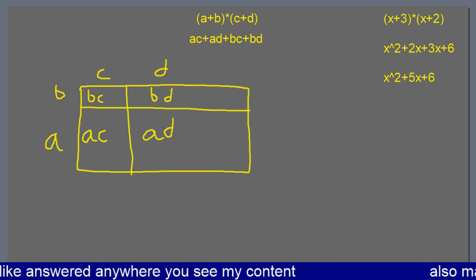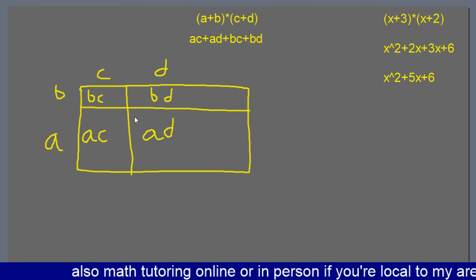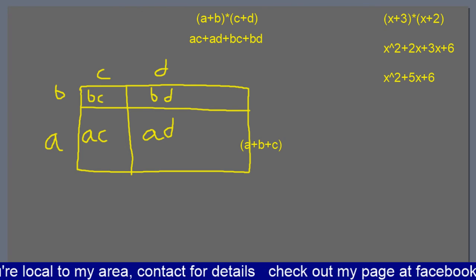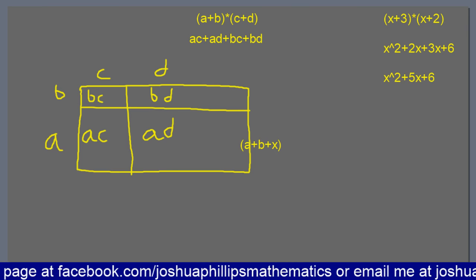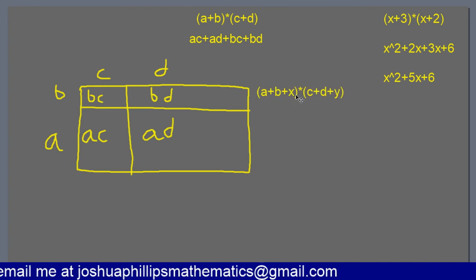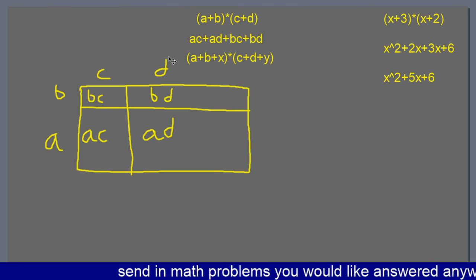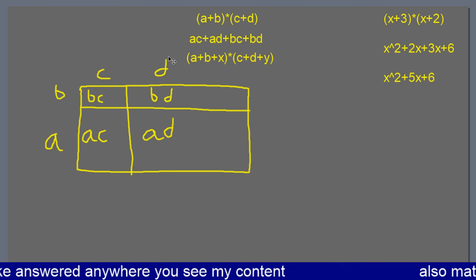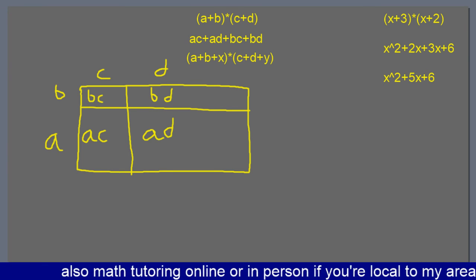We might ask the next extension of this problem, which is how do we handle something bigger? So, for instance, and this, I think, gives enough information that you can generalize on your own. Say we had a plus b plus x times the quantity c plus d plus y. Suppose we had this problem. Now, if you only learned how to do FOIL multiplication, the concept of first, outside, inside, last, you wouldn't know how to do this because there are 3 terms. But if you think of the problem with a clear physical analogy, you realize, and we actually get to save some work when we're drawing it all out,